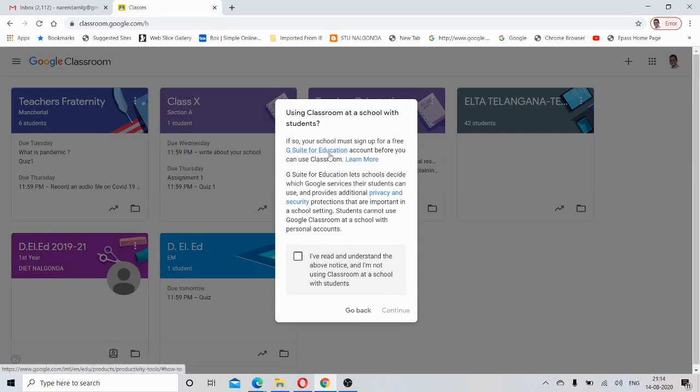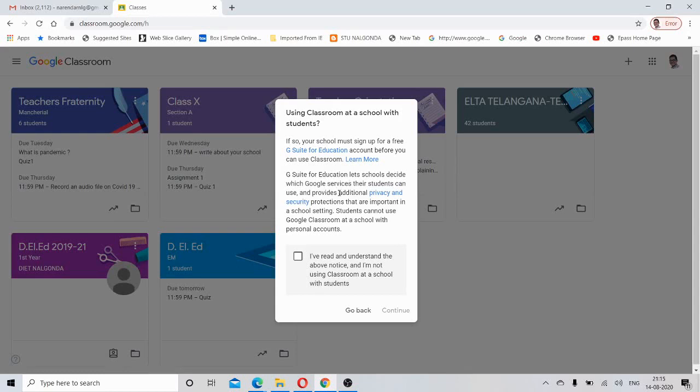Here is a notification for you. So Google Suite for Education is free for schools. It is mentioning that, but we need to have a website and a domain for that website. If we have, automatically Google Suite Education will be provided for us free of cost. Even you can use it freely with your personal account also.